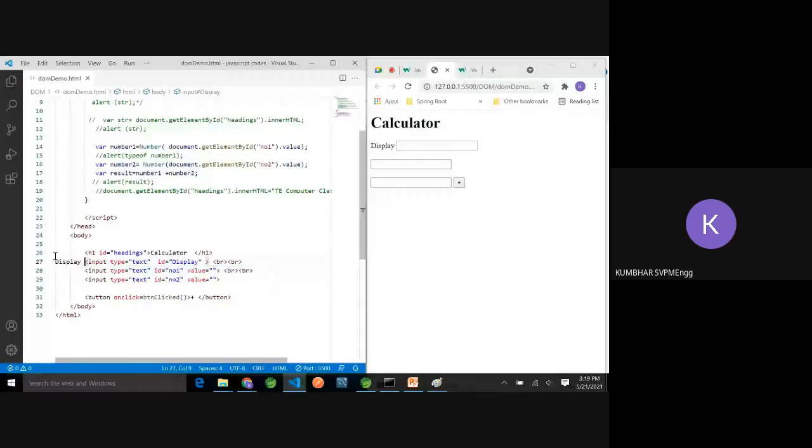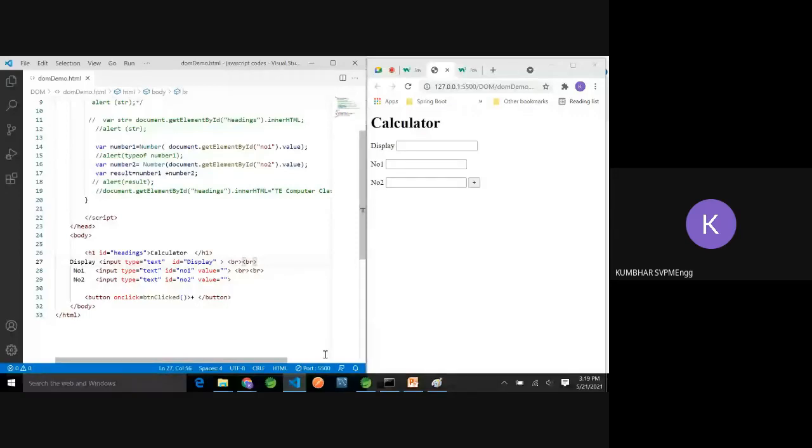So let me give more space so it will be very much clear. Okay. So again I will give the label. This is the display. This is number 1 and this is number 2. If you go with the HTML5, you can write the placeholder equal to, so that the number 1, number 2 will appear in the text. Now we are concentrating on this, so I'm not moving in that deep. When you design your own calculator, you should maximally use the HTML5 controls. Okay, let's move ahead now.